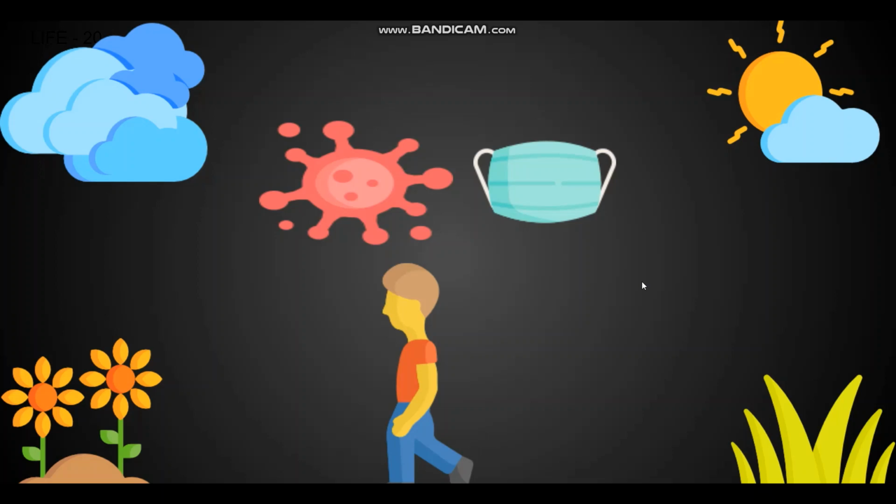So today we are going to do a new program. The program goes like this. A man is walking in the park or something, and on his way he'll get coronavirus and masks. So he should dodge the coronavirus and he should get hold of the masks.